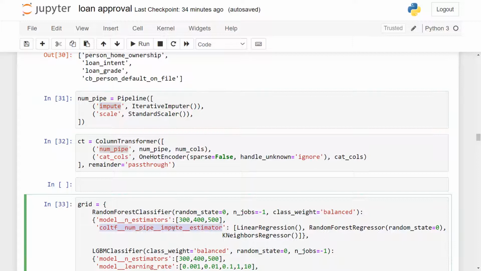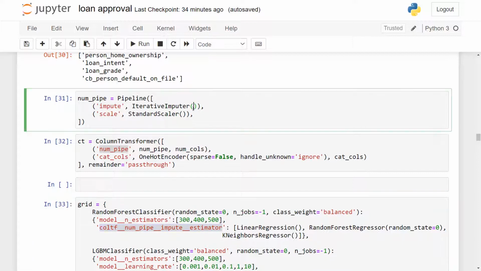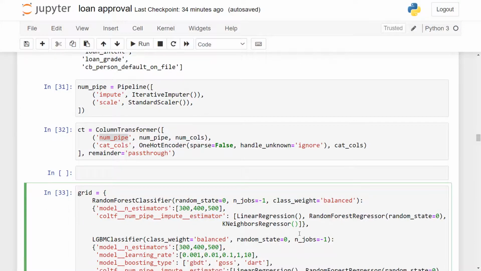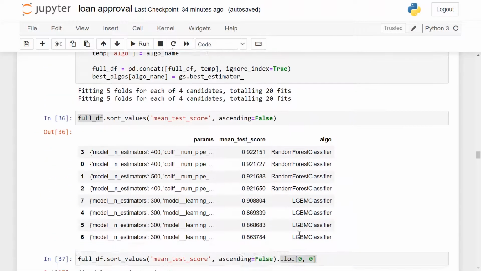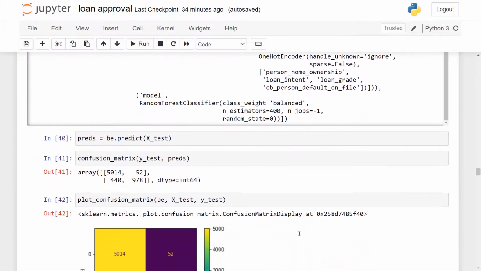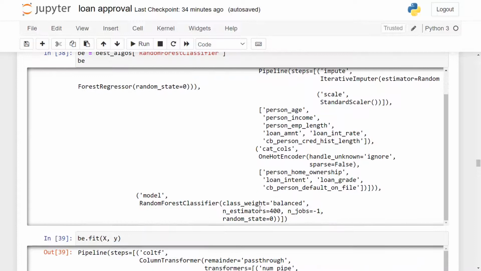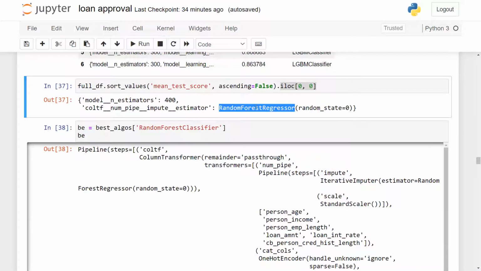Once you go into the impute step, now you're in the iterative imputer, and you can use the estimator parameter name to test different types of regressors. We find that the random forest regressor was the best one out of all three.